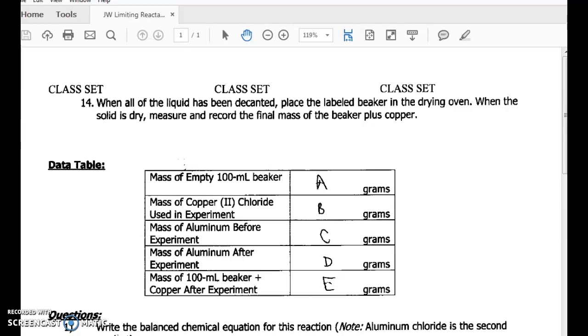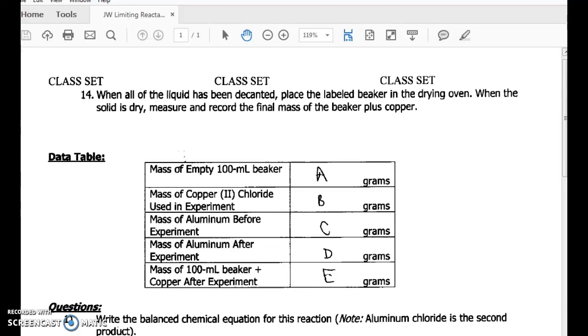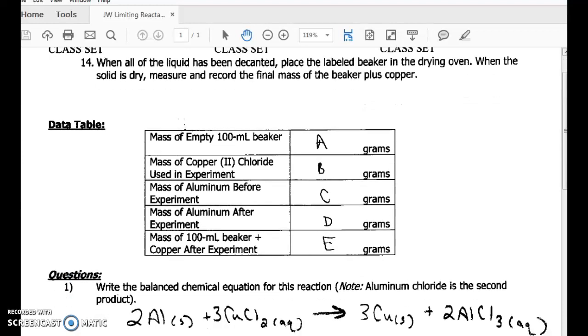For your post-lab quiz next week, you'll get a data table that looks a lot like this. So it's helpful to know where you get each piece of data to do each one of the calculations. So in this lab, we were told that it's a single replacement reaction and that we started with the elements